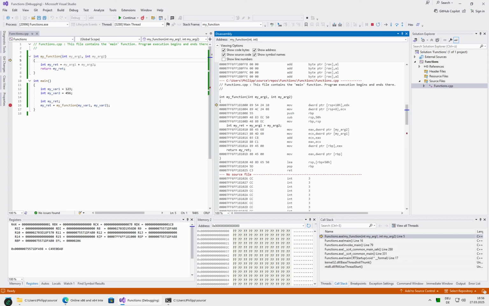Okay, so as said, we copy the data here, then we save the old RBP register. This is also something which is defined in the calling convention: which registers are so-called volatile, meaning after the function was called, their content might be whatever, and which are non-volatile, which means if your function is going to change this register, it must change it back to its original value, because the function which calls your function is allowed to rely on, to assume that whatever it put, for example, in the RBP register, it will still be there after the called function was done